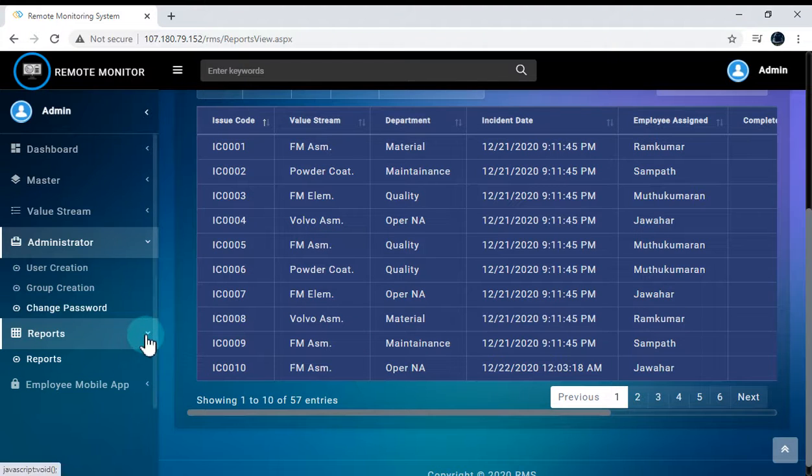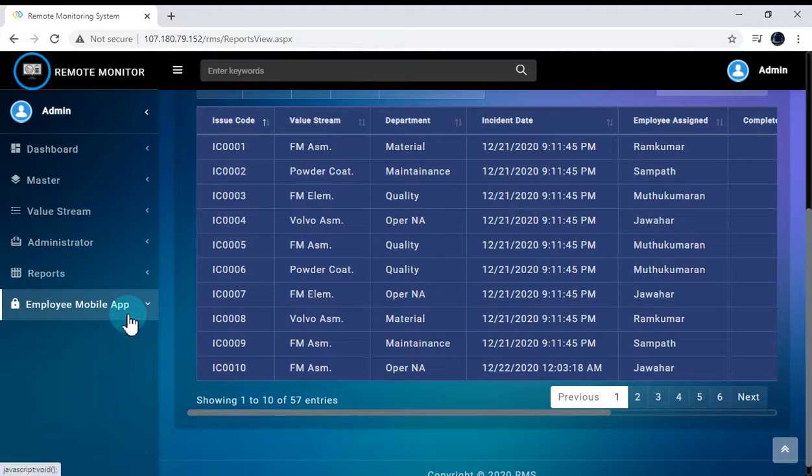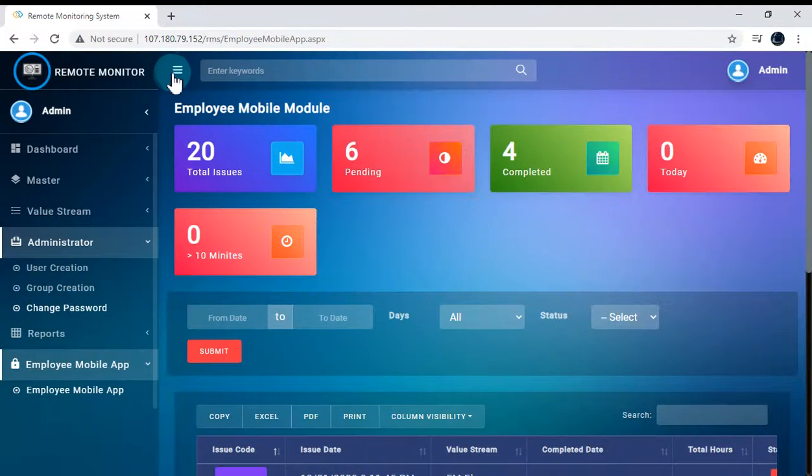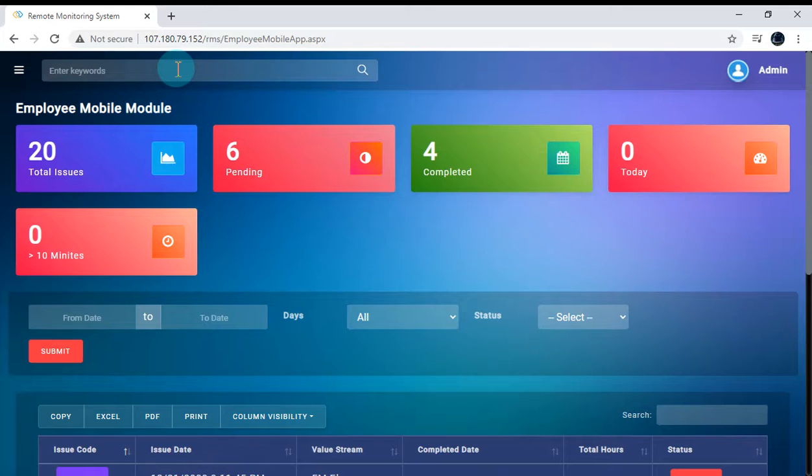Now we move on to the employee mobile app. Here the employee can log in into his mobile app as well as the web application to see only his incidents.